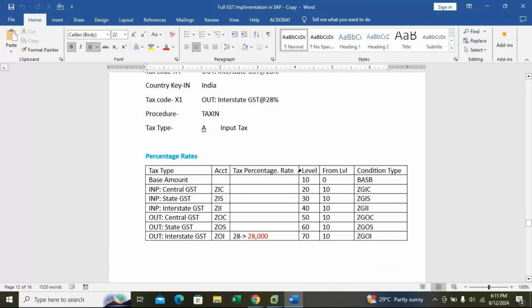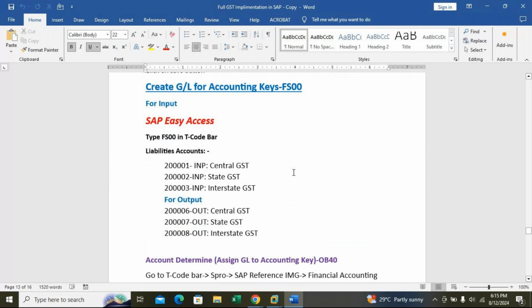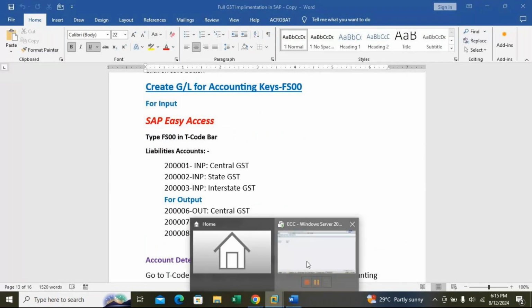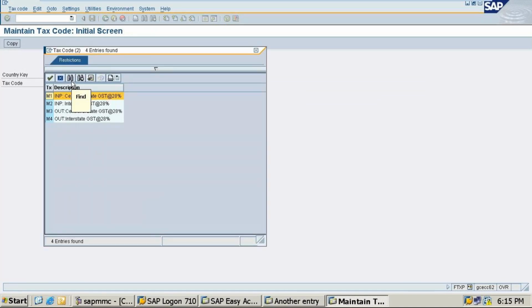So we need to create GL accounts. I'm still creating. Two we created last class and two I have created now. So you have to create in this way. I'm showing you now. Whatever letter range you have given, you have to use that. Suppose you have used S, so S3, S4. If you are using J, so J3, J4, like this, because 1 and 2 numbers we already created in the last class.